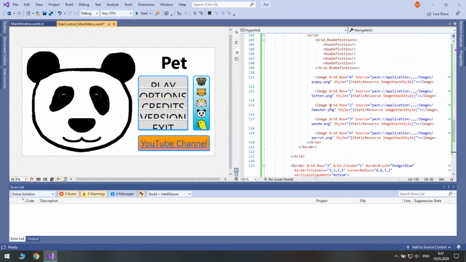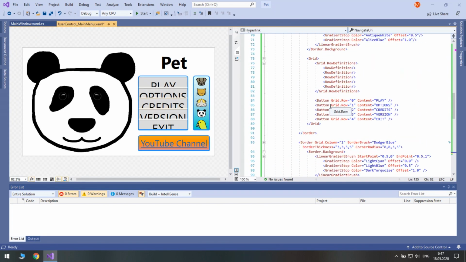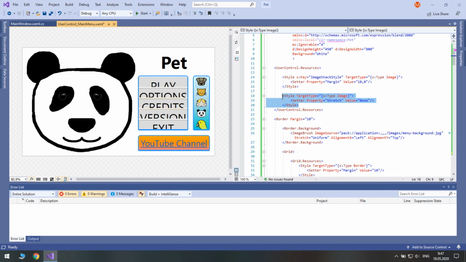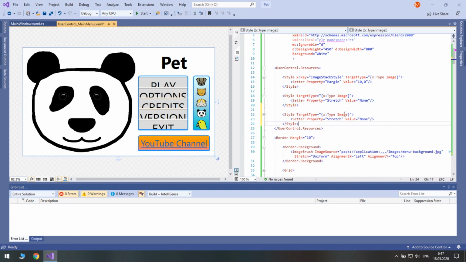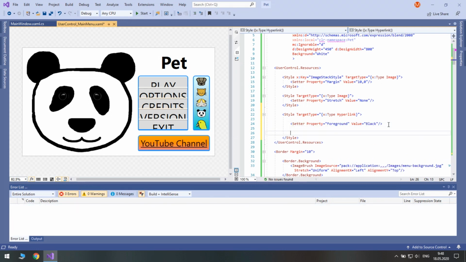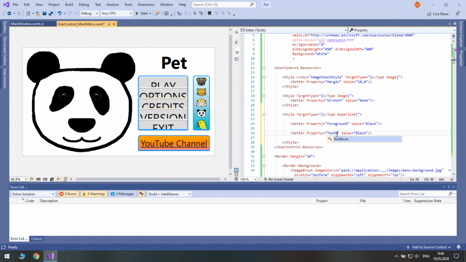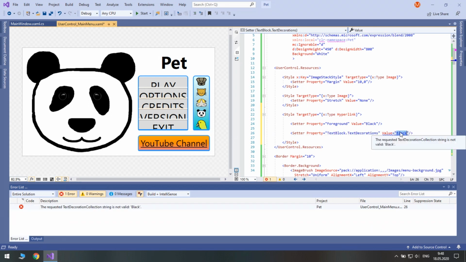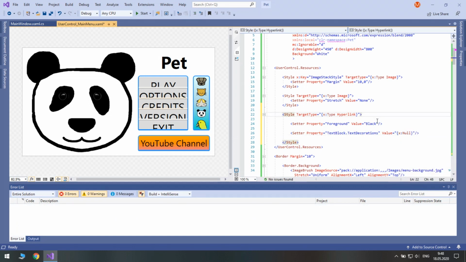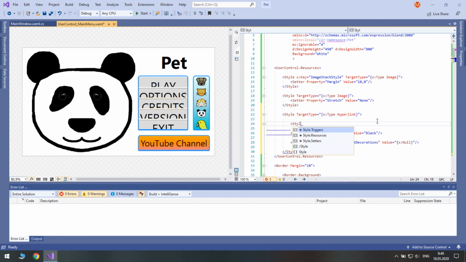Let's change the style of hyperlinks to remove the HTML look. Using style triggers, you can change properties under certain conditions.